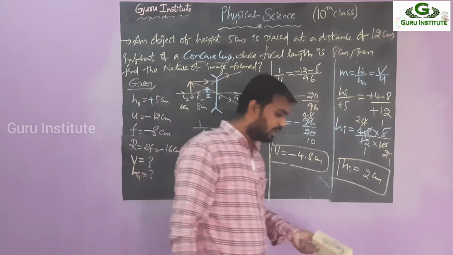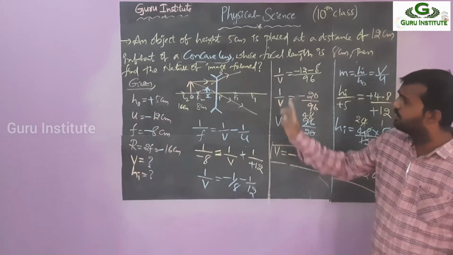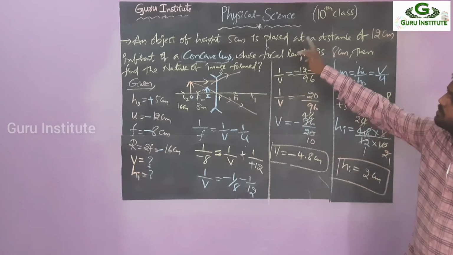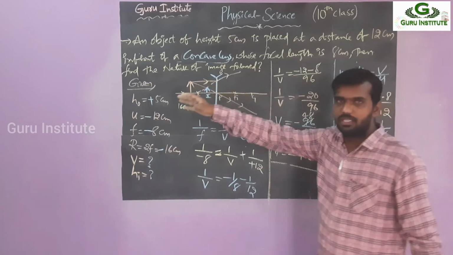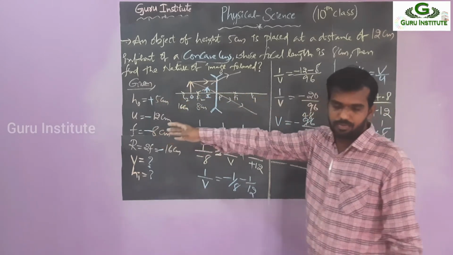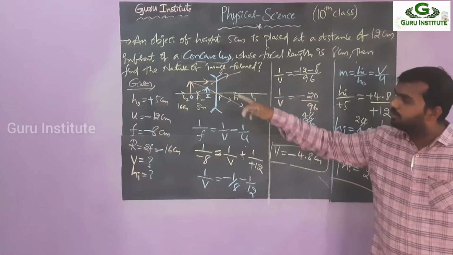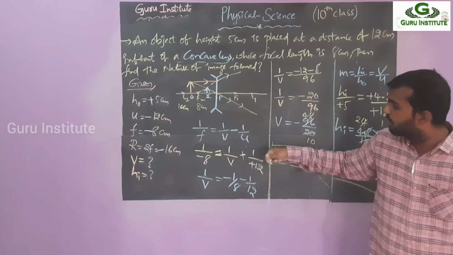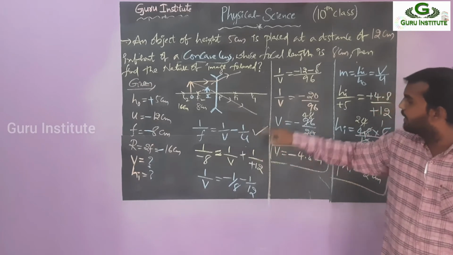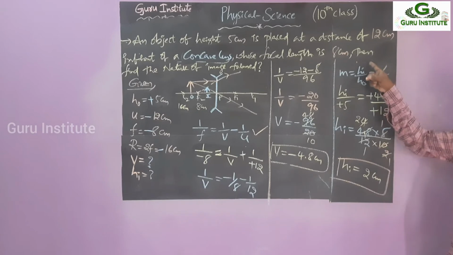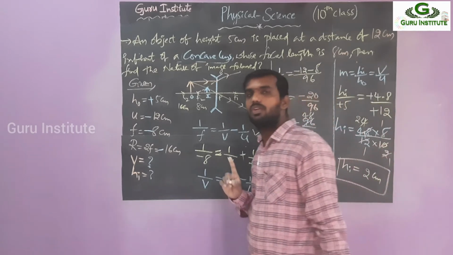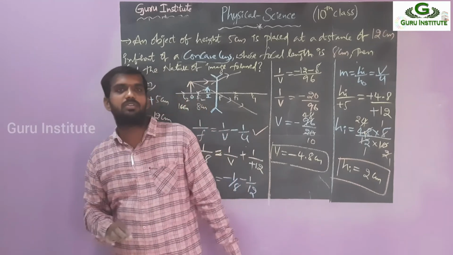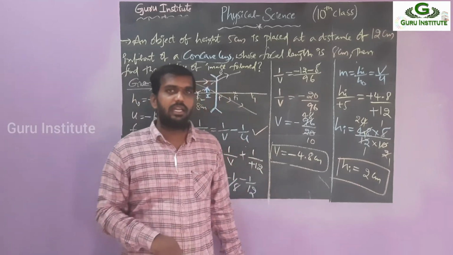So observe this one again. I need not learn anything by heart. Simply I am writing the data and drawing the picture. From the picture I am taking the sign convention signs, positive or negative, and applying. By seeing that, the suitable formula we have to apply here. So I am applying it and going to simplification. But only one thing remember: for known terms only you have to apply the sign convention. For unknown terms, you need not apply the sign convention.